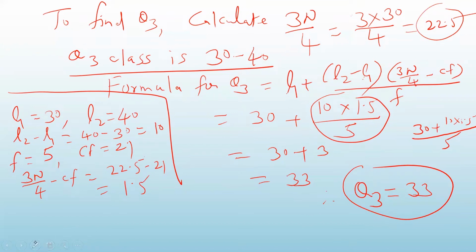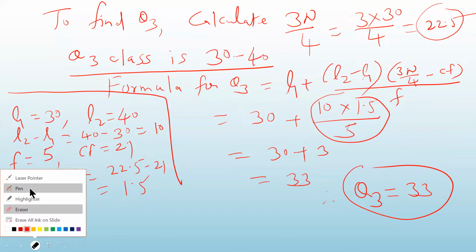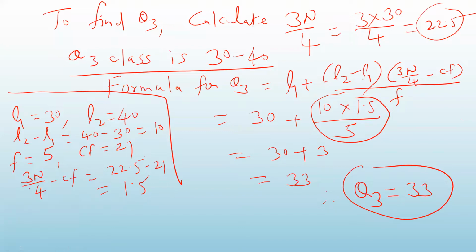So I hope you have understood, and these are the common mistakes which I am telling you, the students करते हैं. Now I'll tell you one thing. Most probably your exam may be online, I don't know, but even though it is online and multiple choice questions, in that also अगर आपको ये प्रॉब्लम करना आता है, तभी आप वो ऑब्जेक्टिव टाइप कर सकते हैं. Because you may be asked questions like this: what is Q3 class? If you don't know how to find out Q3 class, you will not be able to answer. Okay, Q1 class क्या है? Can Q1 be this? अगर आपने प्रॉब्लम ध्यान से समझा है, तभी you can answer such a question.